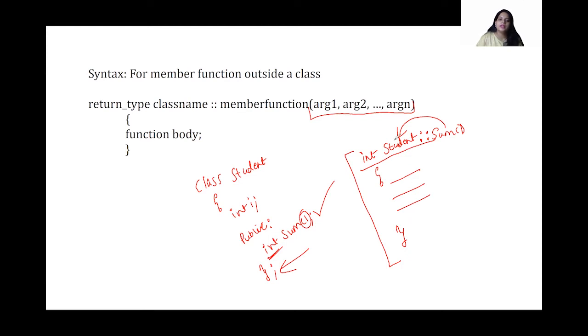So we use the class name, then the scope resolution operator, and this exactly is the syntax we need to follow. The syntax is the return type of that function, then the class name to which it belongs, then the scope resolution operator, the member function and its arguments if there are any. And later on, like a normal function, we mention the code of that function. I hope this is clear.